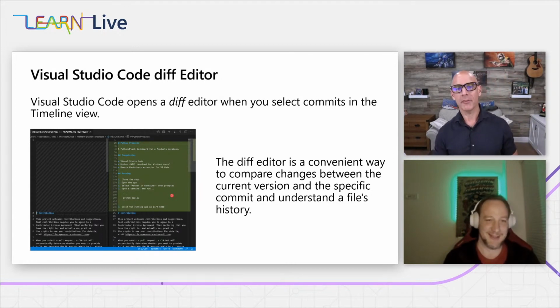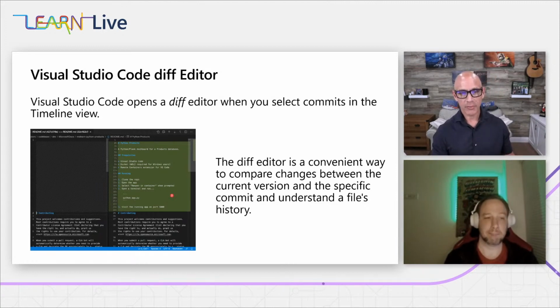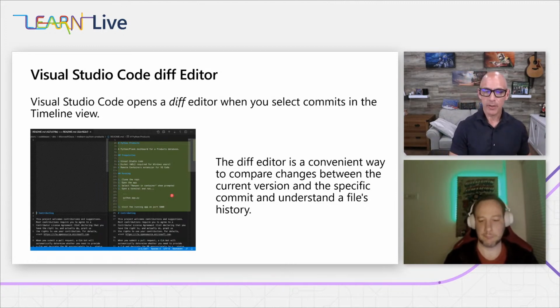Well, the diff in VS Code stands for difference. You're going to look at the before and the after of a commit. So here what we're showing, and it's not important to read the actual file, but on the left-hand side and the right-hand side are the same file, but with the diff shown. On the left is the original version of the file. On the right is the changes that were made, which is currently there. It's the difference. So it's a convenient way to show you side by side what's been added, changed, or removed.